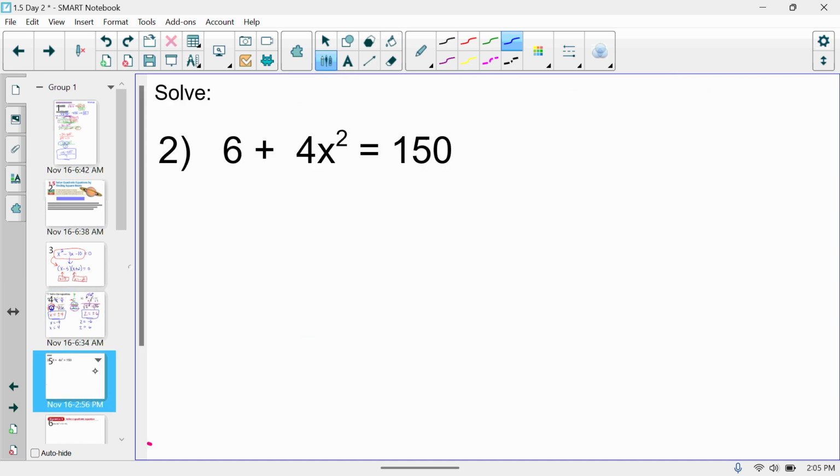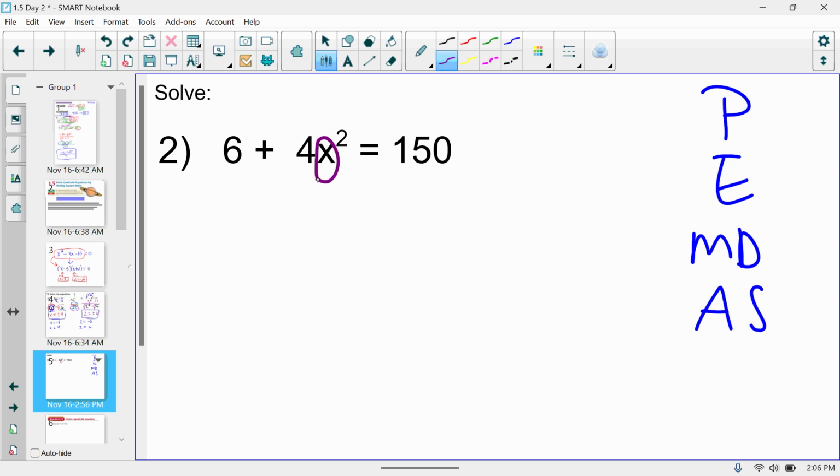So we're going to do one more similar to that, again, because there's only an x squared in this. Some of the things we've looked at already had an x squared and an x, and those we solve by factoring. Here we can simply solve it just by working backwards till the x is alone. But the order that you work backwards in matters. Like every second of your life that you're in math class, you have to be thinking about PEMDAS, okay? So if we're going to work backwards till this x is alone, we're going to be doing PEMDAS in reverse,